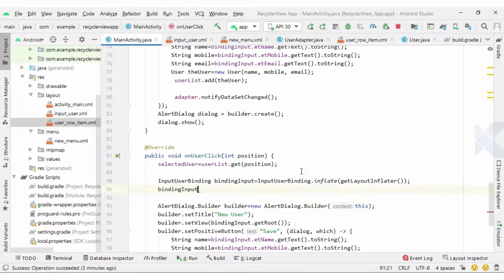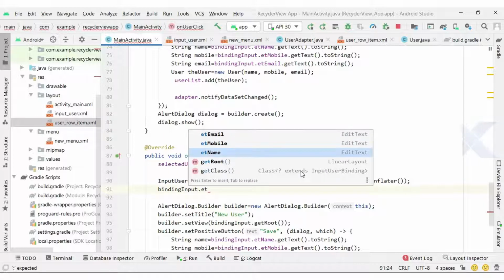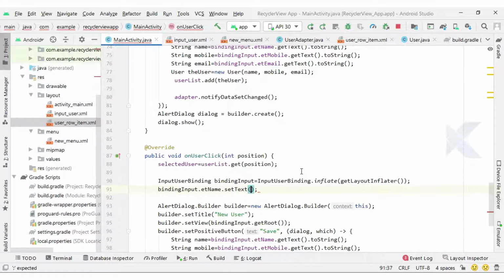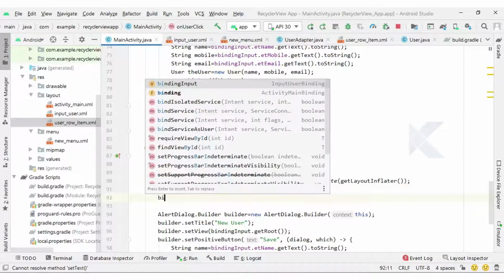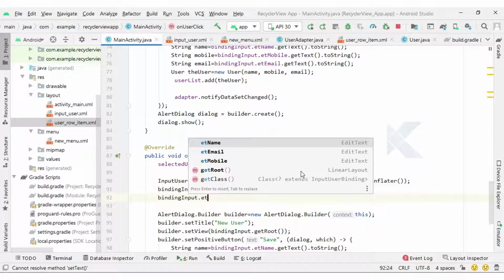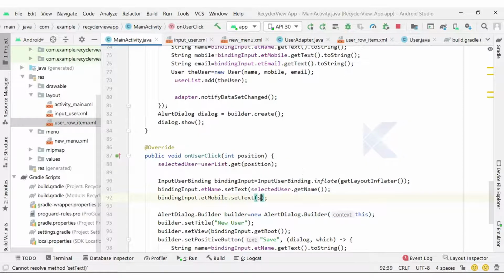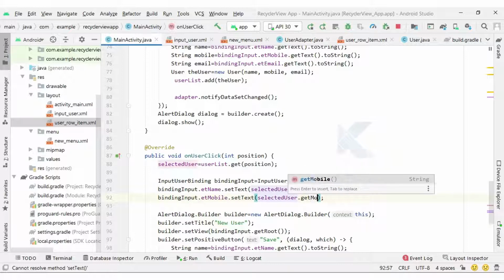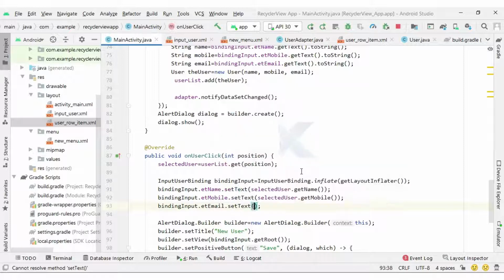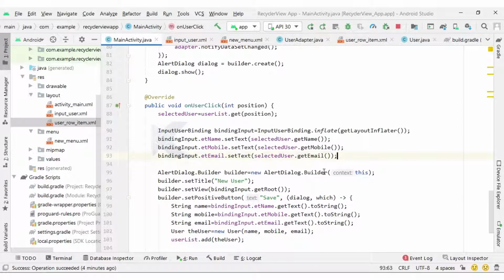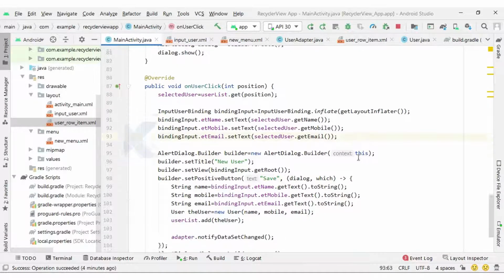So binding input dot et name dot set text selected user dot get name, binding input dot et mobile dot set text selected user dot get mobile, and binding instance dot et email dot set text selected user dot get email. The same dialog I am repeating here, but now we will have the data shown in the edit text.